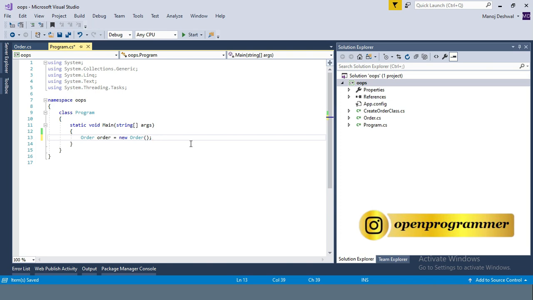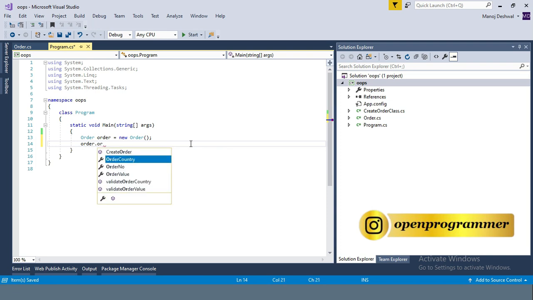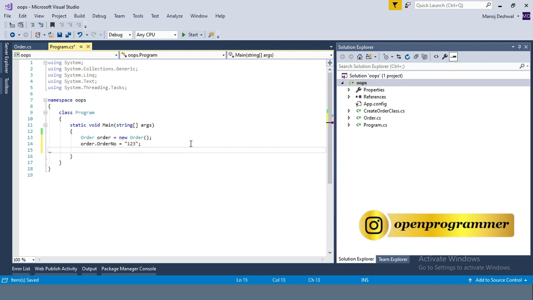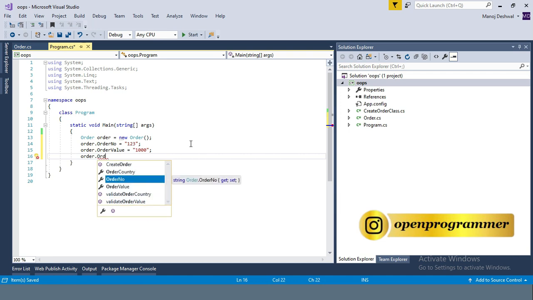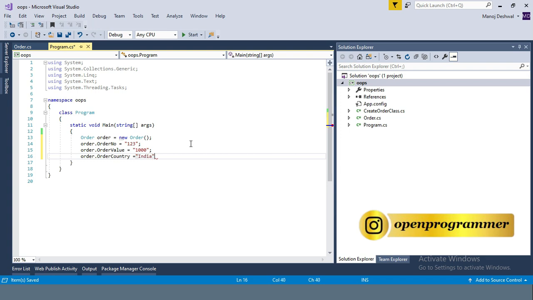So now I'm going to tell you what is encapsulation here. So let me fill the properties first. Like order number is 123, order dot order value, let's say 1000, and order dot order country is India.